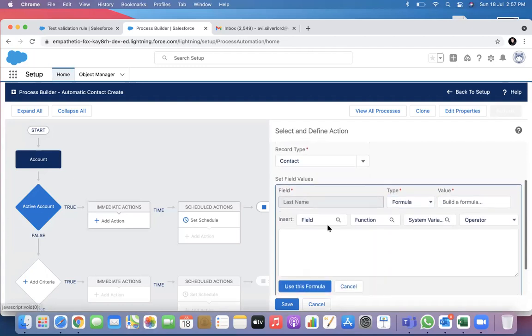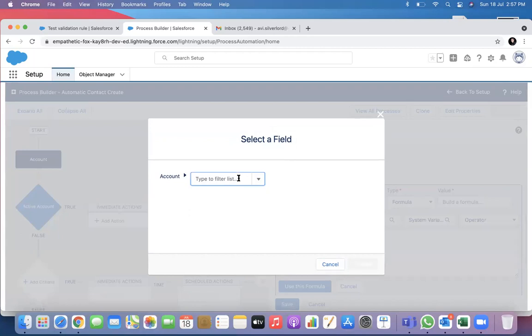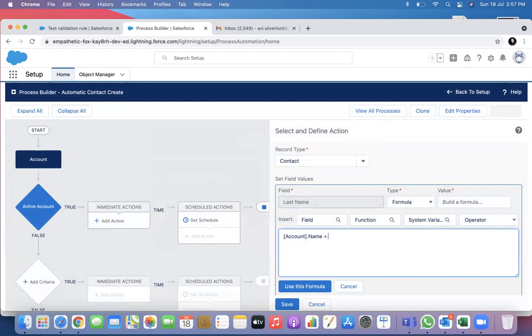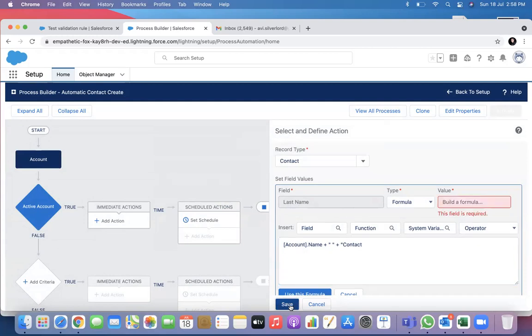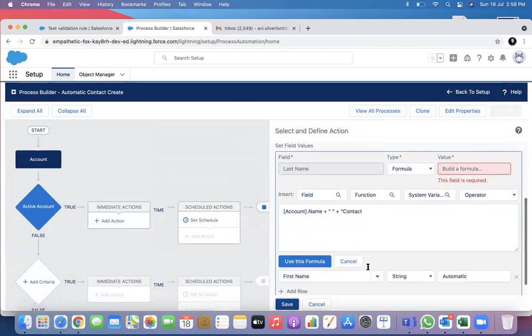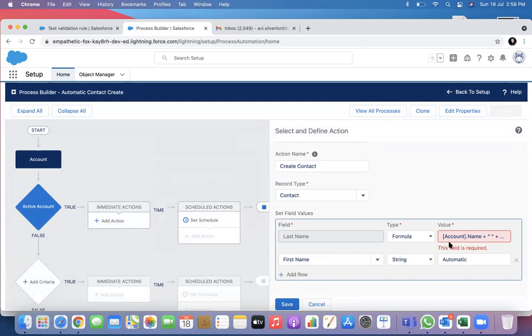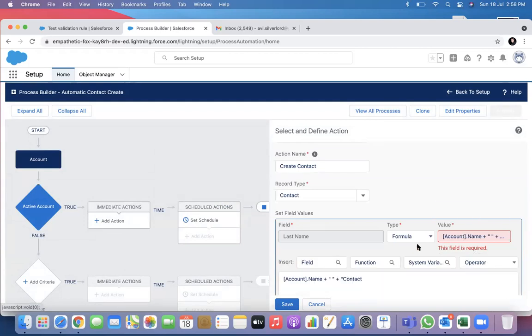I will insert the account's number or account name, plus a blank, then contact. Right? Save. Done.